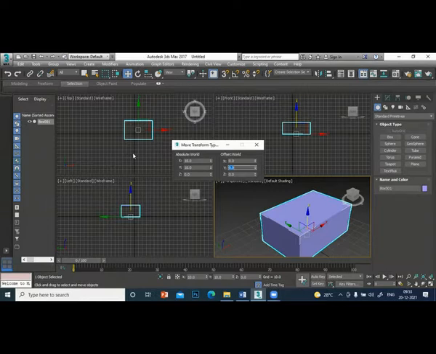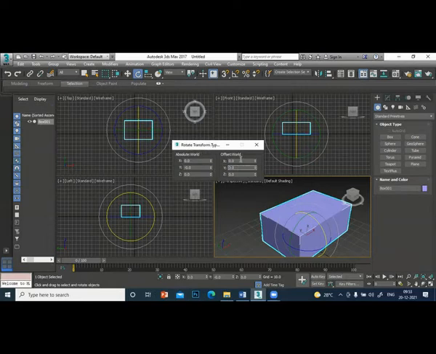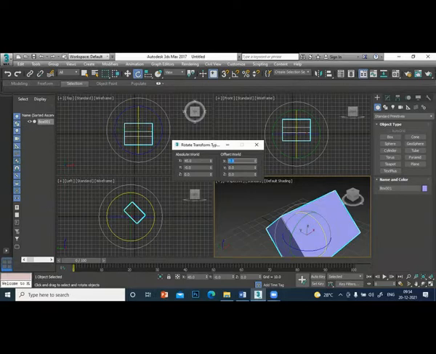So now we are using the move transform type-in, because you right click when you are in the move. Clear? I will go to rotation and right click. Now I'm in rotate type-in. Now I can rotate any angle by typing the value here. If I want to rotate in the x-axis, I will give the angle here. Suppose I want to rotate 45 degrees in the x-axis. I will just type here 45. You see, 45 degrees. And immediately it became 0 there, and it added here 45 degrees.